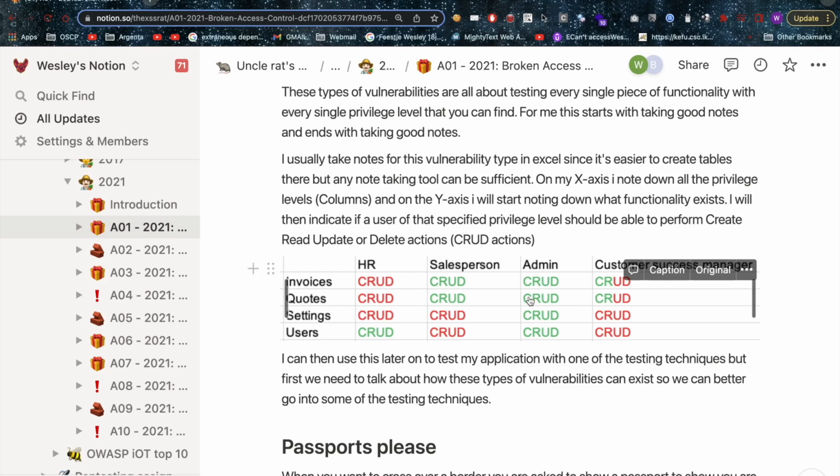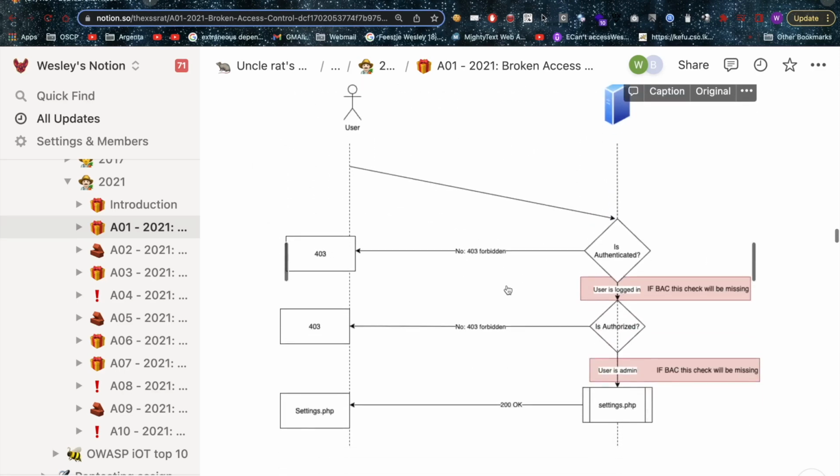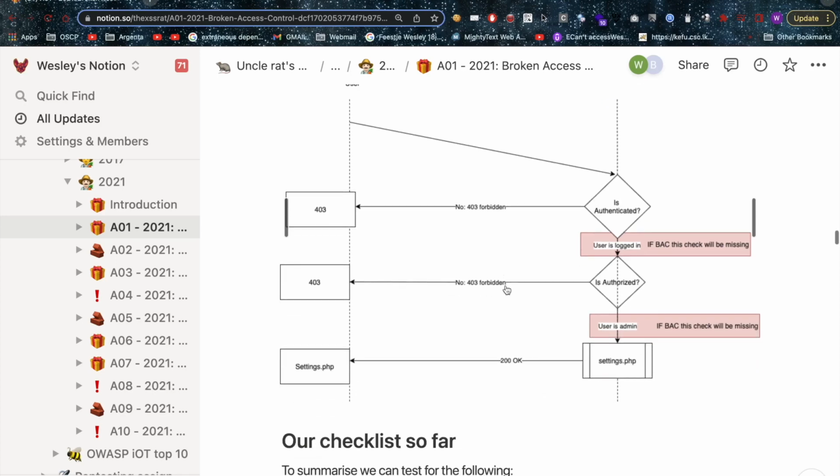As you can see, CRUD: create, read, update, and delete. That's what that stands for, in case you didn't know. Everything that is green, so if it's green, create, he can do that. If it's not, he cannot do that functionally. I still have to test if it's really true, and that's gonna be my broken access control testing. Now, why does this happen, these 403s? Well, basically,